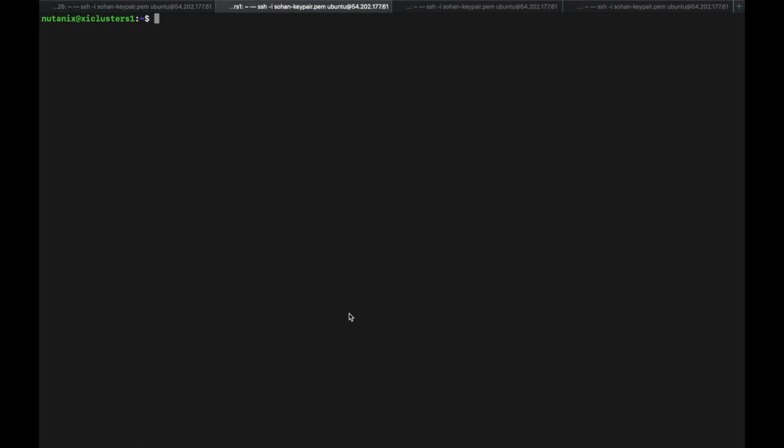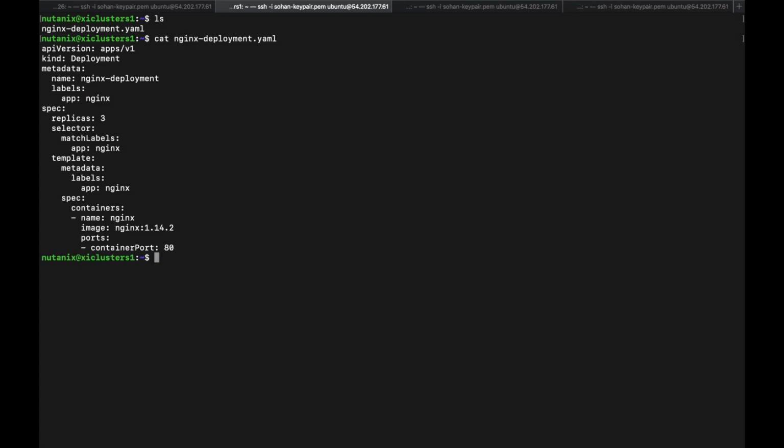Next, we'll try to spin up a few pods across the cluster. For this, we'll use the kubectl apply command to create a deployment. A deployment is basically a bunch of pods of similar type that are spread across the cluster for replication. In this case, I'll be using the Nginx pod with 3 replicas. These replicas will be spread across these 2 worker nodes that I have. So yeah, let's do it.